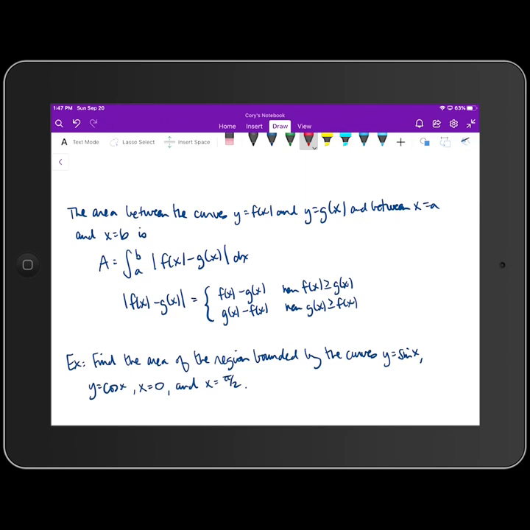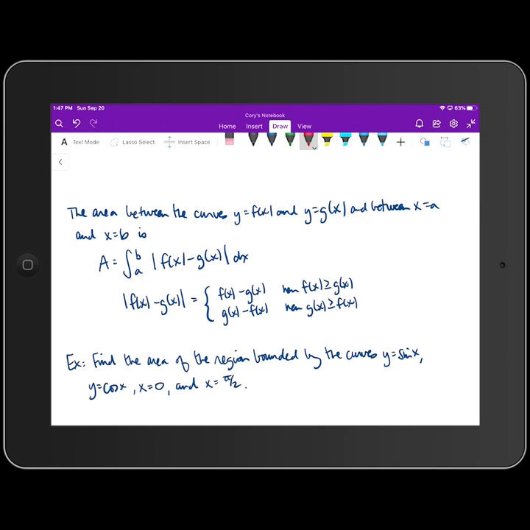But that's not always going to be the case for us with functions. We can have functions flip-flop where one function is bigger than another on one interval, and then it changes where the smaller function is now the bigger function on another interval. So we want to come up with a more generalized rule to allow us to compute the area between two